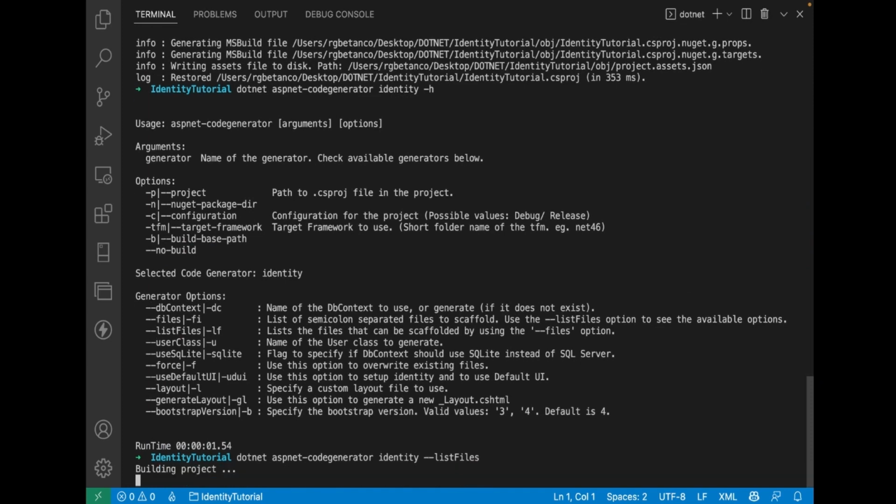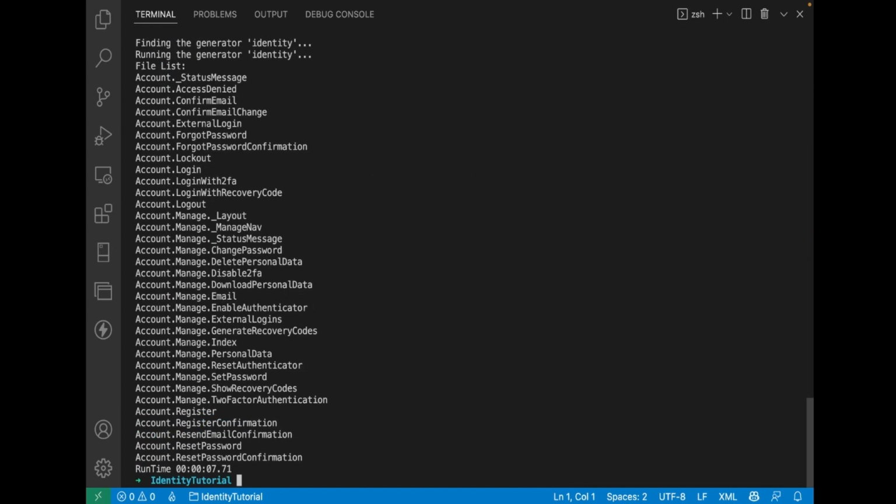And these are the list of files that we have available. Now, if we don't specify the files, then it will generate all these files. Okay, so we have account access denied, account confirm email, then we can change whatever UI they have already designed. We can change this design because they will give us the files, you know, confirm email change, external login, forget password